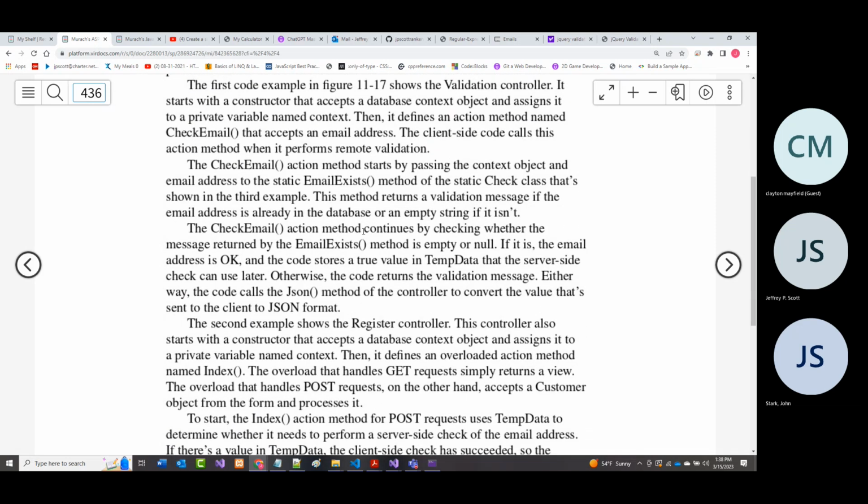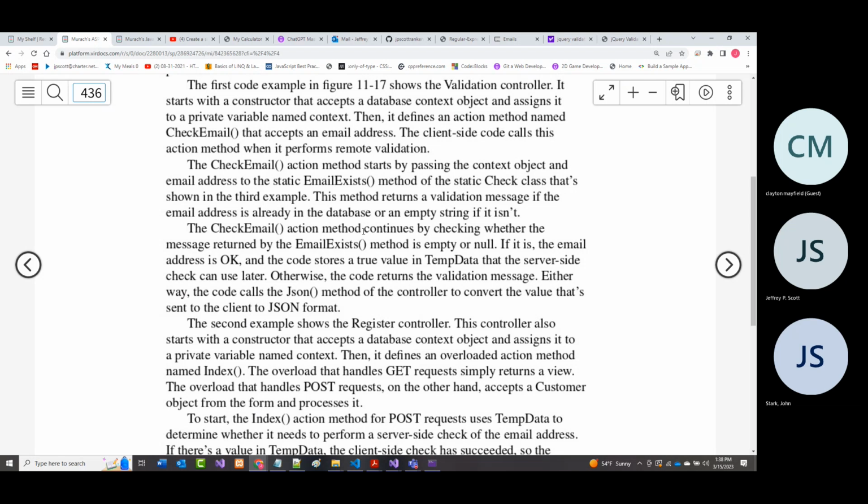And we've talked about this before. I've often heard this referred to as the double round trip problem, where it's doing one round trip, doing all this stuff on the client. And if it succeeds, it's going out to the server and doing a lot, if not the same stuff, on the server.